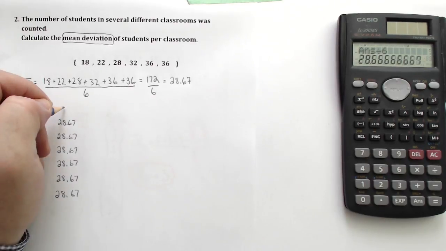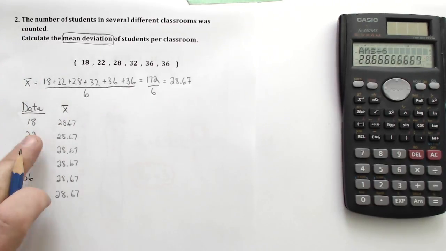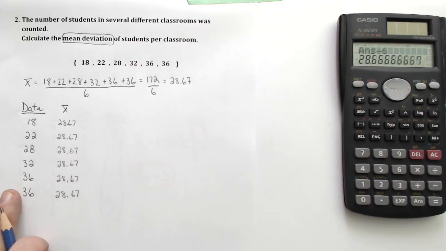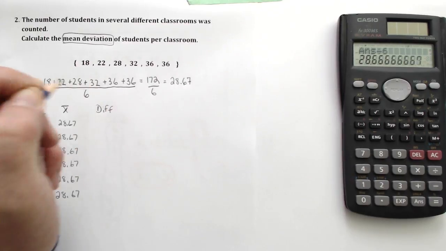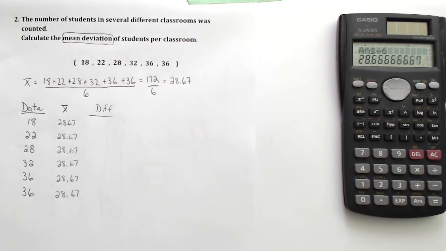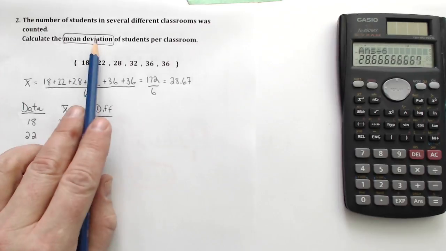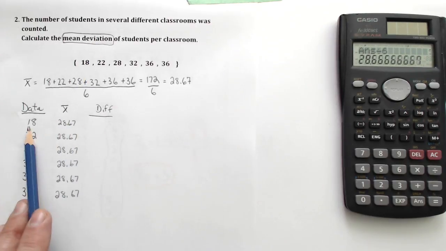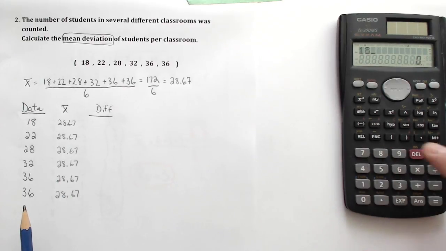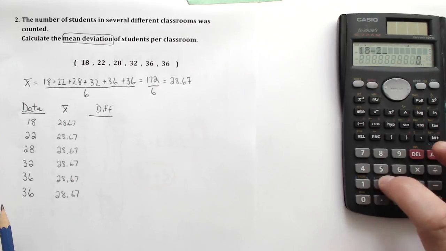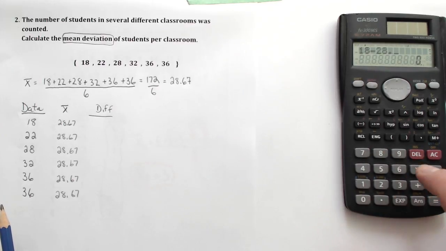Yes, I know it's a little bit tedious, but what it really does nicely is it shows you each of those subtractions that you're going to have to do next. Because the next step is to get the differences. Since we're looking for the deviation, we're going to get those differences, how far each one is away from that mean. So that's going to require the use of our calculator a little bit. We're going to go 18 minus 28.67, and it's going to give me negative